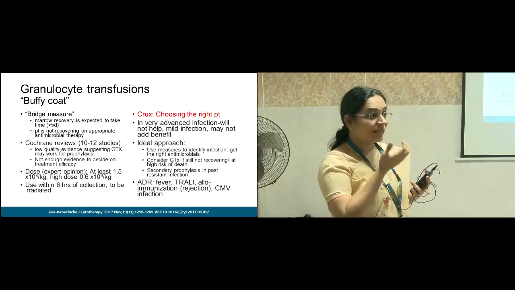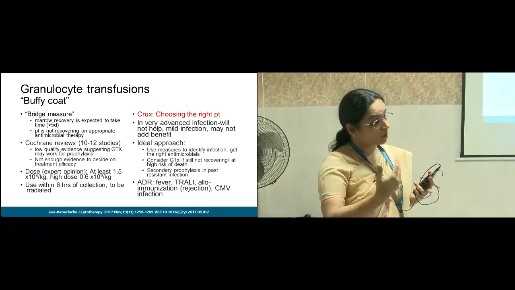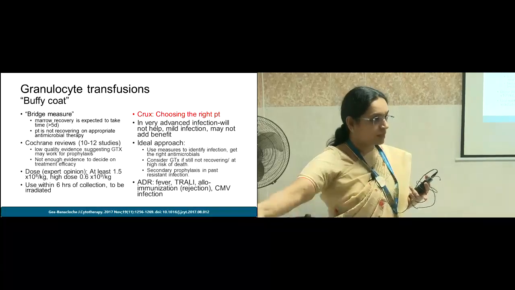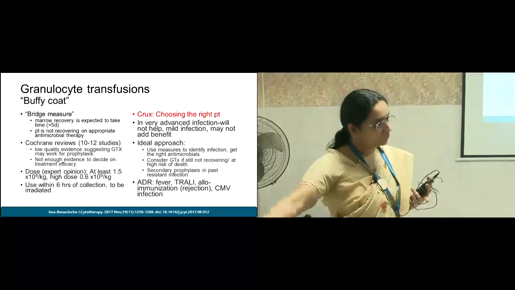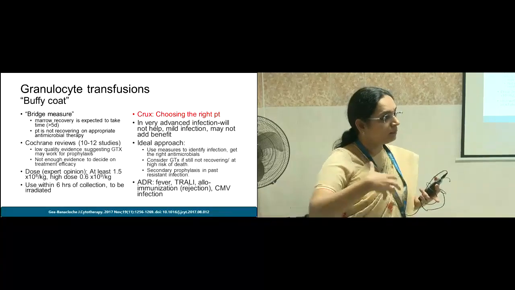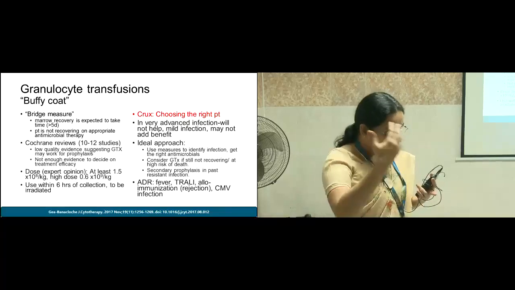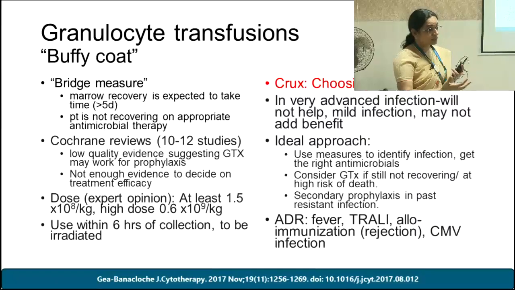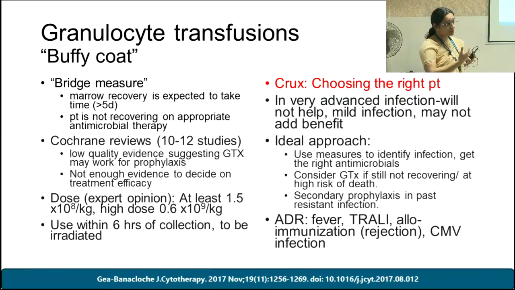Second is, as I said, if a patient has already had, say, a bad Fusarium pre-transplant and is then going through transplant, and the count is expected to recover in the next 4 or 5 days, you would again use it as prophylaxis. You won't even give time for the patient to show some signs. You would start giving them granulocyte infusions early to make sure that their counts come back on time. When you're using granulocyte infusion, there are standard dose recommendations, and it has to be used within 6 hours of collection.